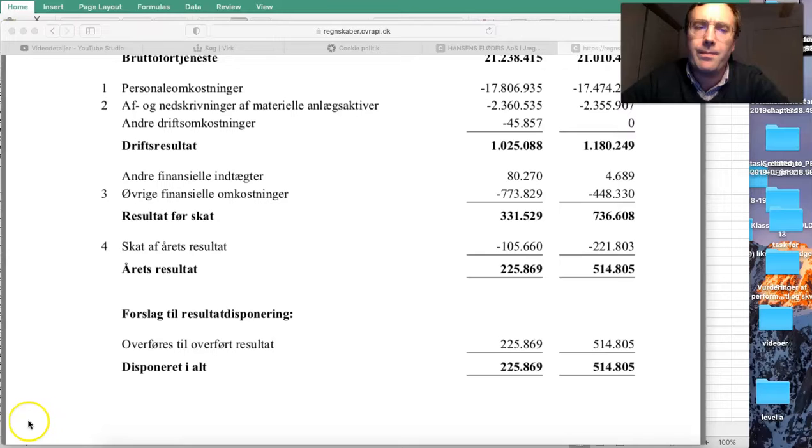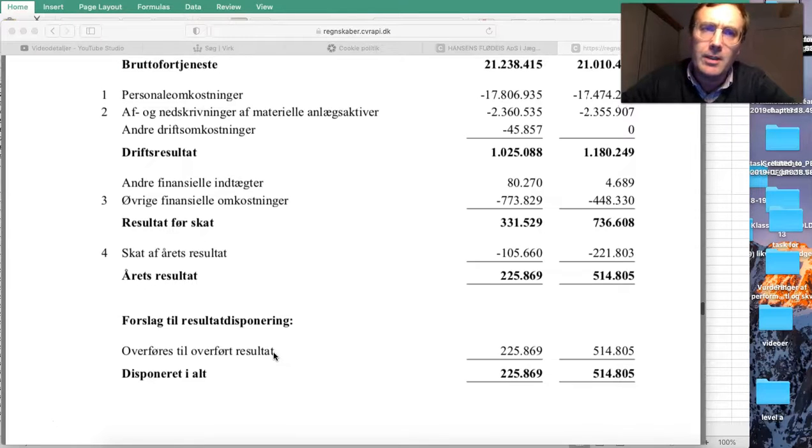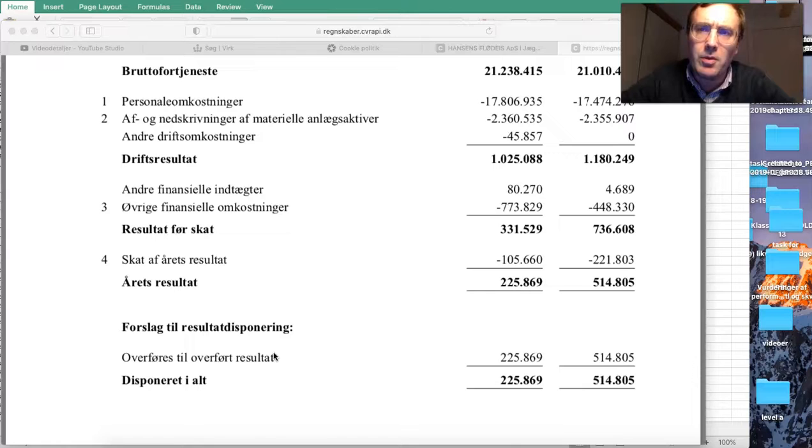Okay, and overført resultat means that this year's result has been transferred to the company equity. So that's the interesting part. The situation you'll encounter now, which will lead you to some struggles and to some wondering, is okay, how should we consider now these figures, because it's not possible to calculate return on investment,